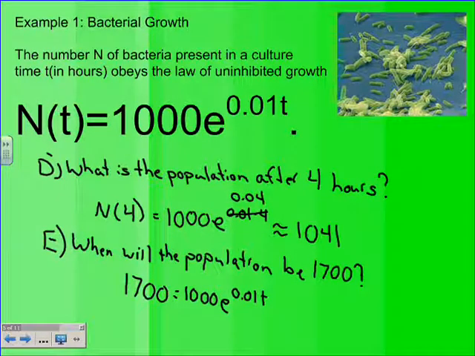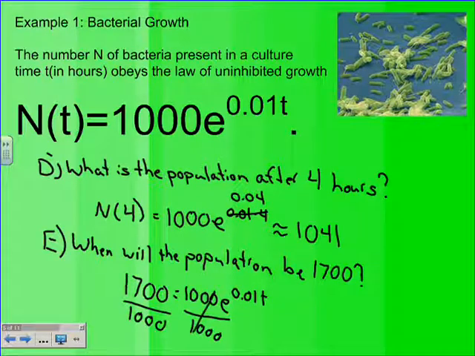So to solve this, what do we do first? Divide by 1,000. Do that on both sides. So we get 17 over 10, which we know is 1.7, equals E